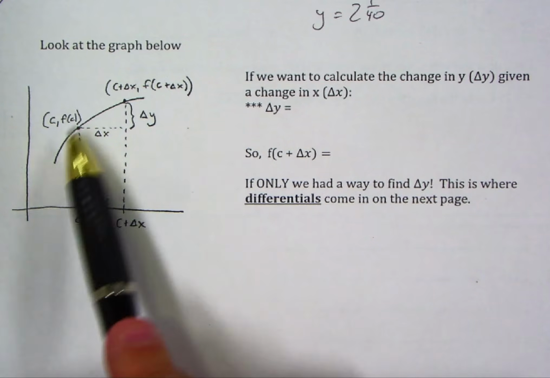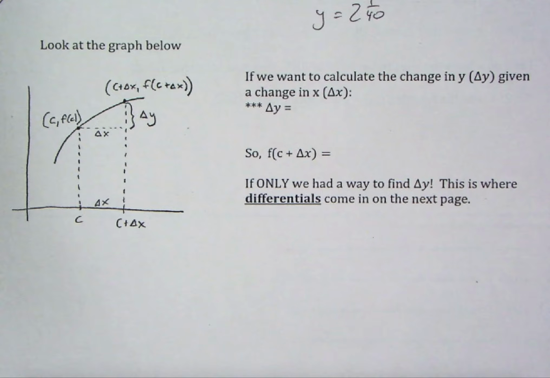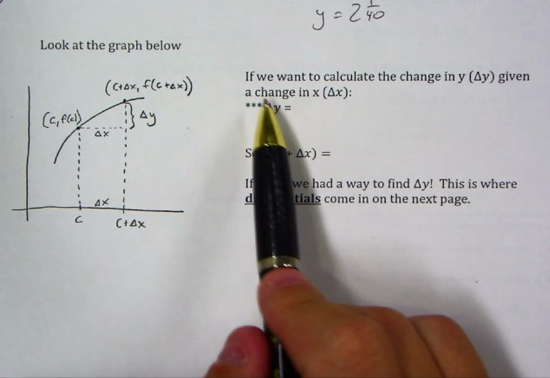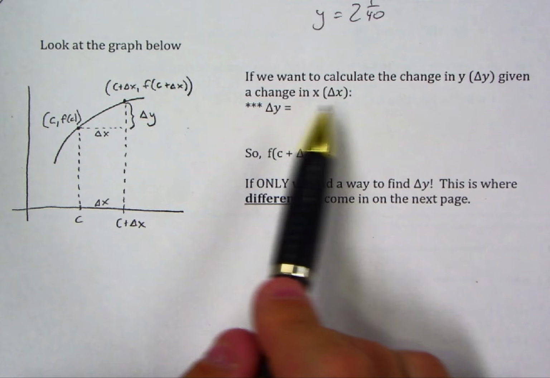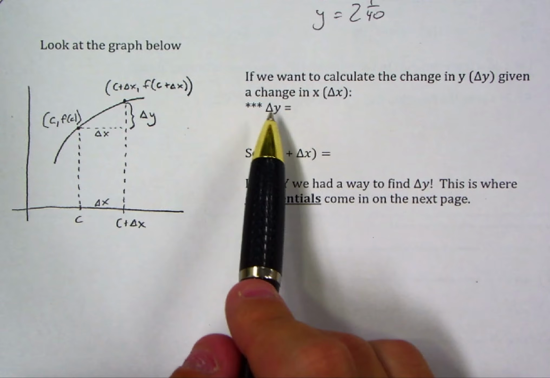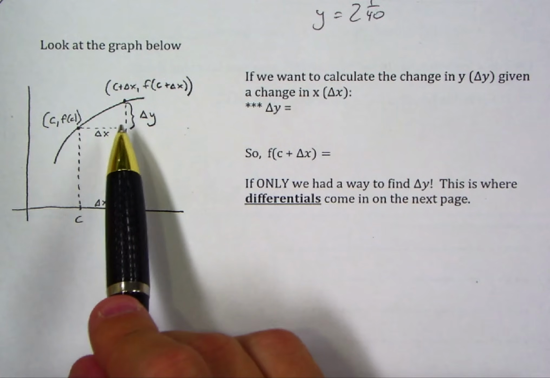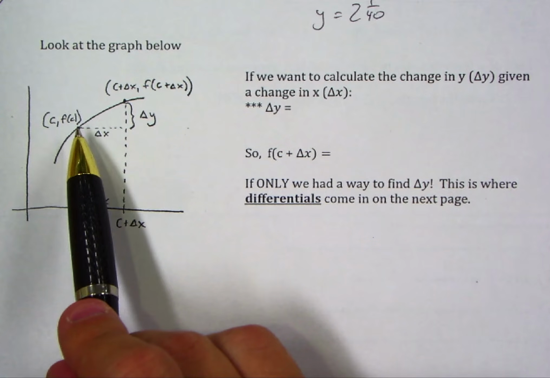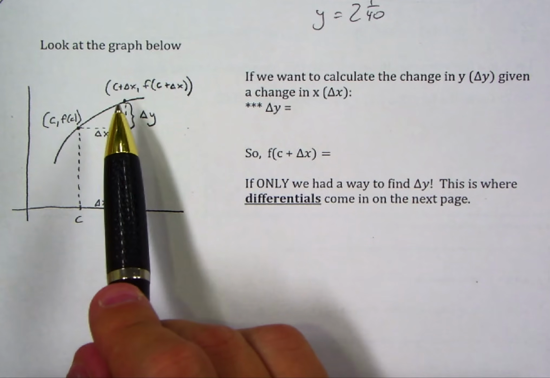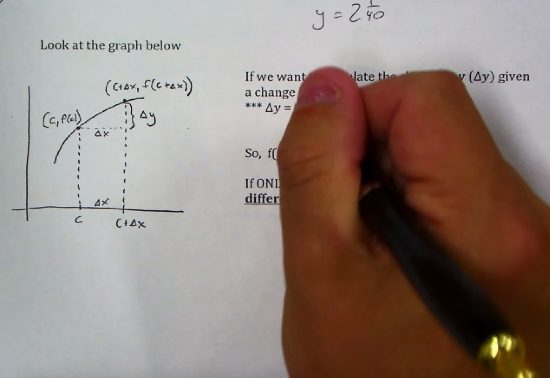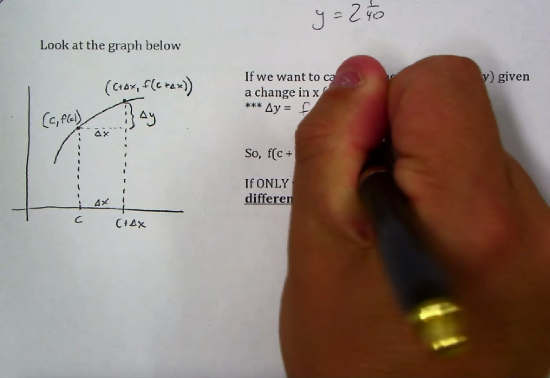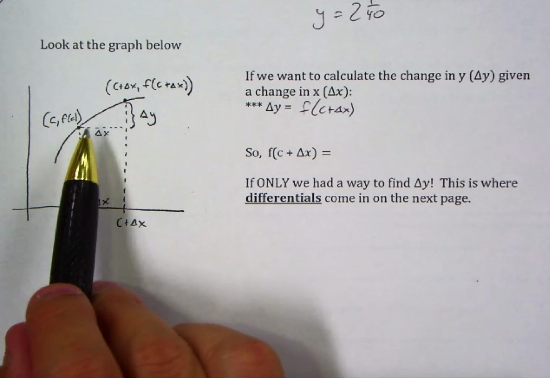So I have this function, and this should look pretty familiar because we used this graph when we calculated derivatives, when we did the whole limit of a derivative thing. So if we want to calculate the change in y, or in other words, delta y, given a change in x, so delta x, I want to figure out how much y changed from this point to this point. Well, if you want to find change in y, just subtract your two y coordinates. So I'm going to do f of c plus delta x, because that's the second y value, and take away the first y value,